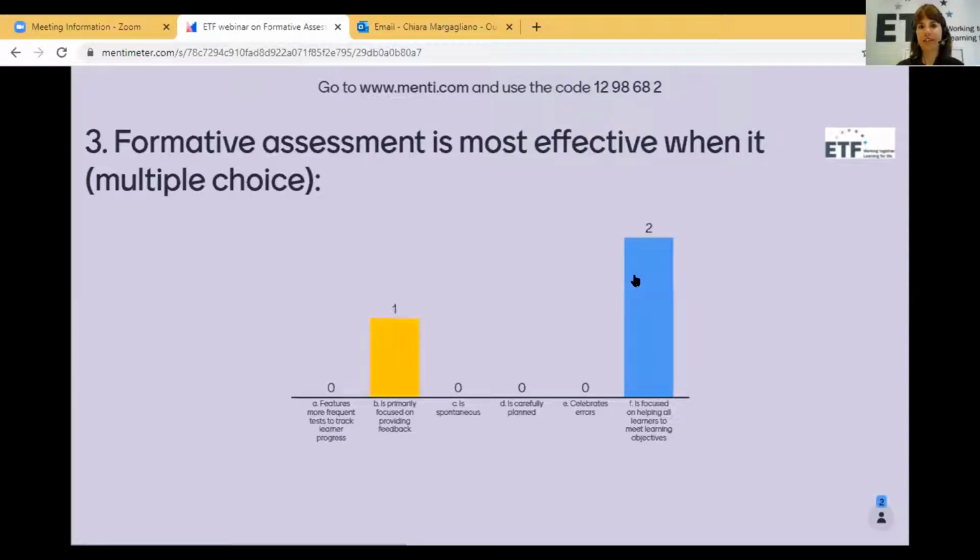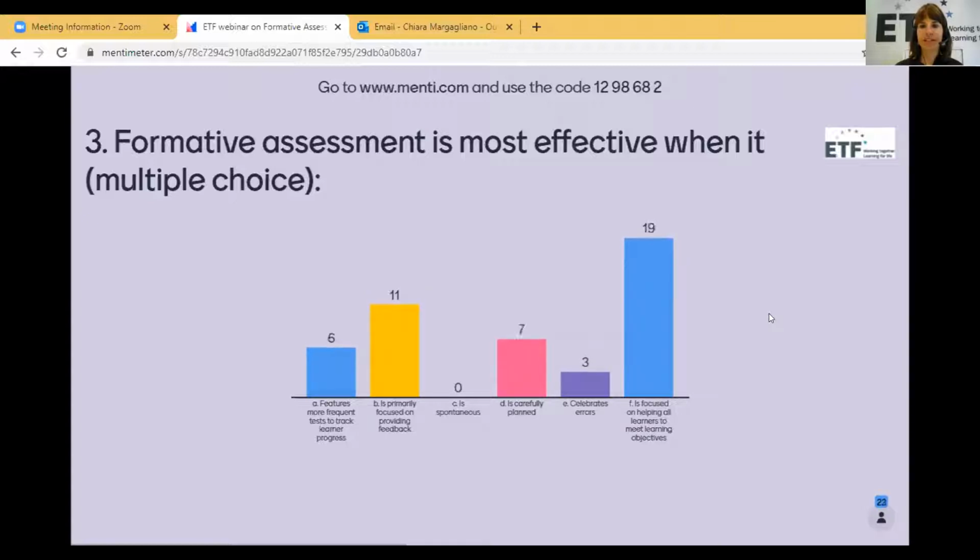So formative assessment is most effective when it A, features more frequent tests to track learners' progress, or B, is primarily focused on providing feedback, C, is spontaneous, D, is carefully planned, or E, celebrates errors, F, is focused on helping all learners to meet learning objectives. And here it's also possible to tick multiple boxes.